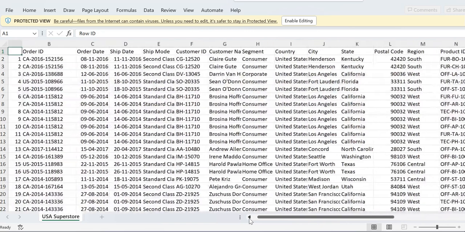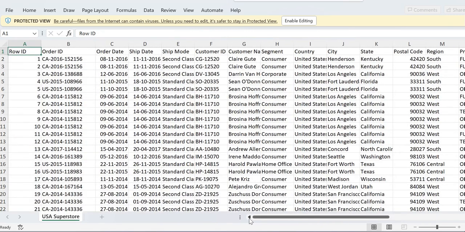It is telling about transaction details of USA Superstore, containing the customer name, customer segment, country, city, state, postal code, and address. So what they have purchased, we have the order ID, and their name, segment, address, whether they are corporate, consumer, whatever they are, we have details about the customer.